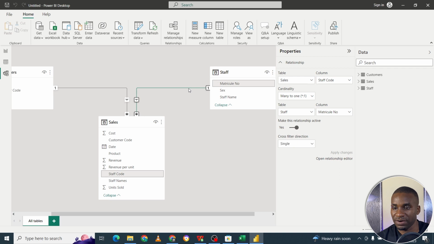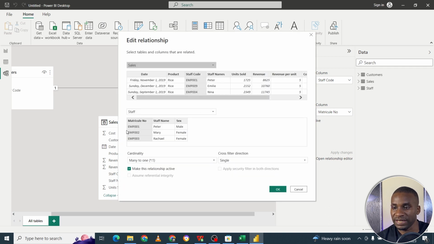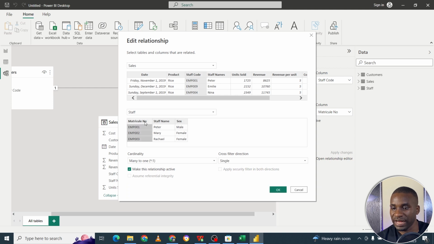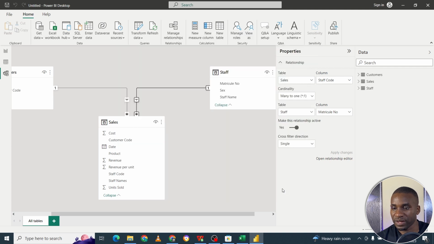Or I could still click here, right click, go to properties. And then from there, I'm seeing that actually this is the staff code that is linked to the staff matricule. It could have been linked to the staff name, it could have been linked to the staff sex, but then you see it is already complaining that it doesn't see how this one will be linked to this one. And if we put it here, it's satisfied that this staff code looks like this matricule number. So if I click on OK, I have this relationship now,